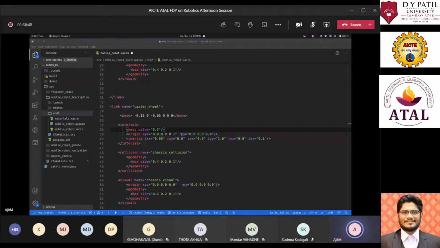There is one more thing which I forgot to mention: every link in the system has a gravity tag attached to it, and we need to mention this gravity tag along with that link. But this is given differently. So this is defined as, hold on, I'll show you guys.